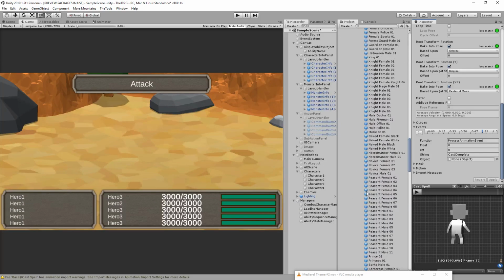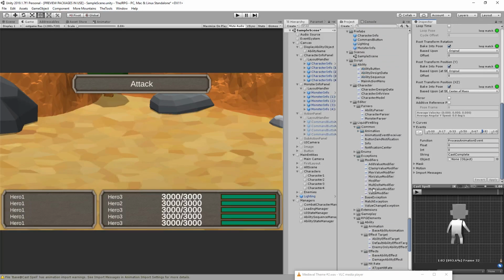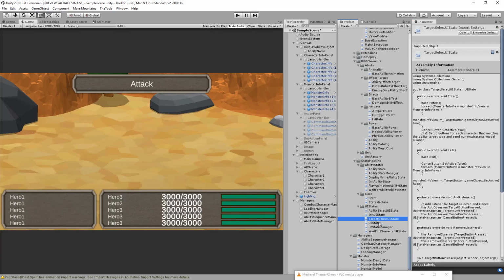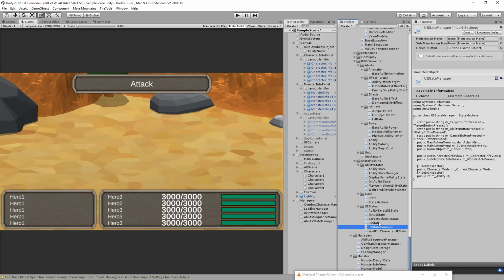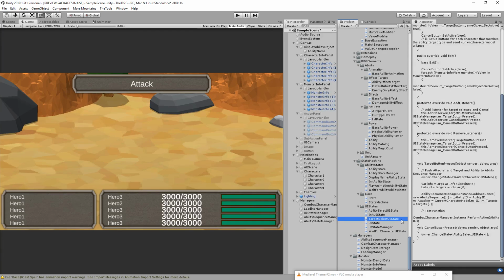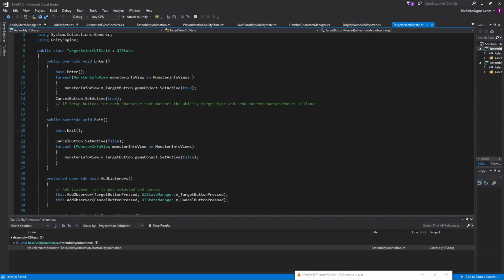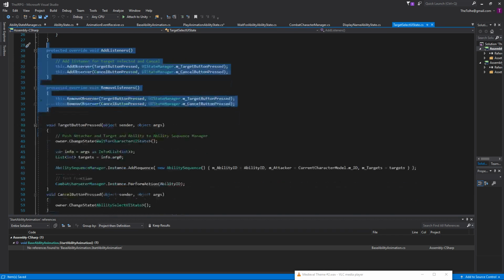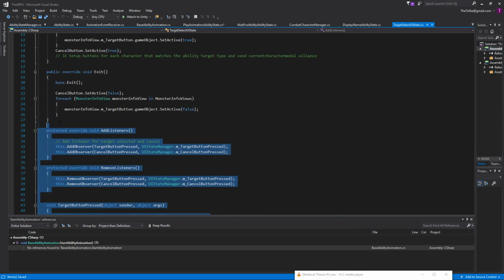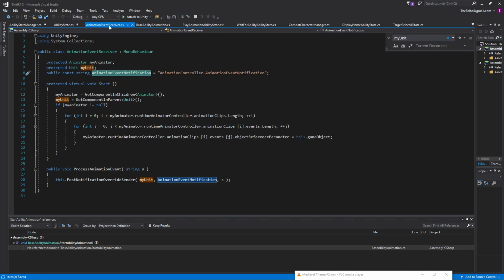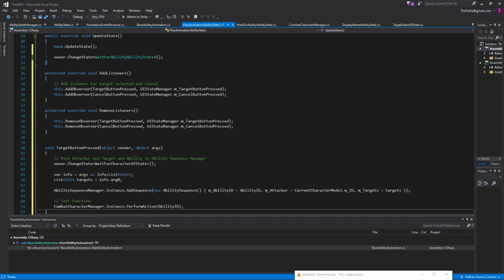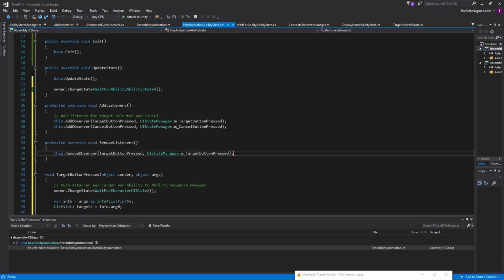Back to what I was doing before I got sidetracked by other sidetracks. We want to go into here. One of these guys adds listeners. Which one added listeners? Targeting. Okay. So we want to have some on listener functions and some... We want some of this logic. Copy and paste into here. Let's go like that. So we want to have